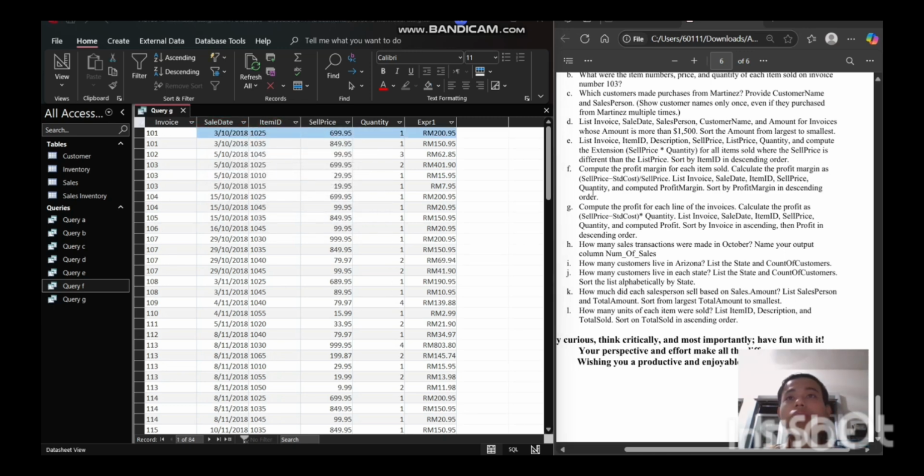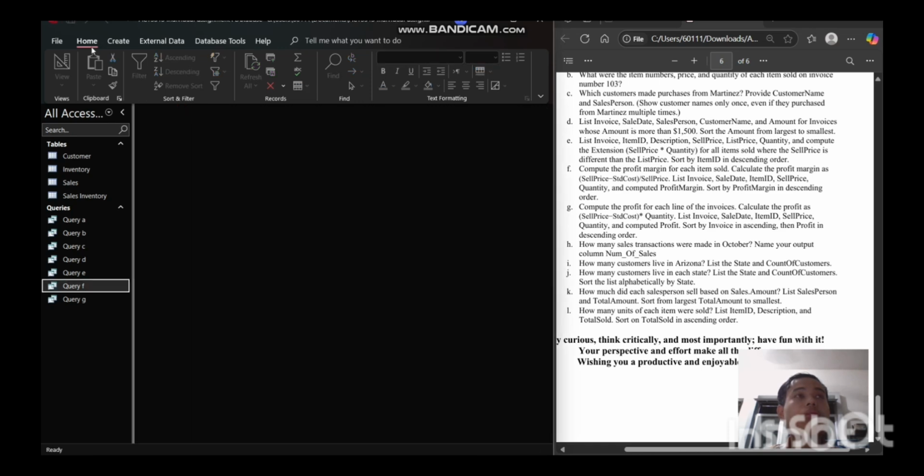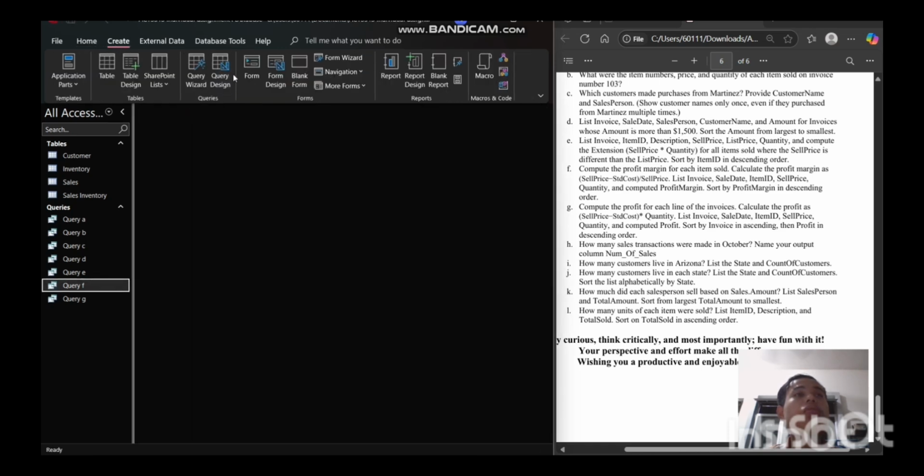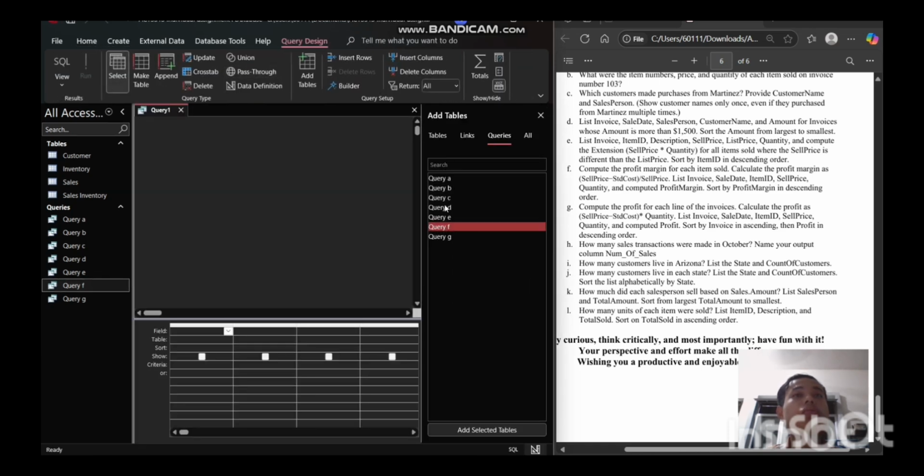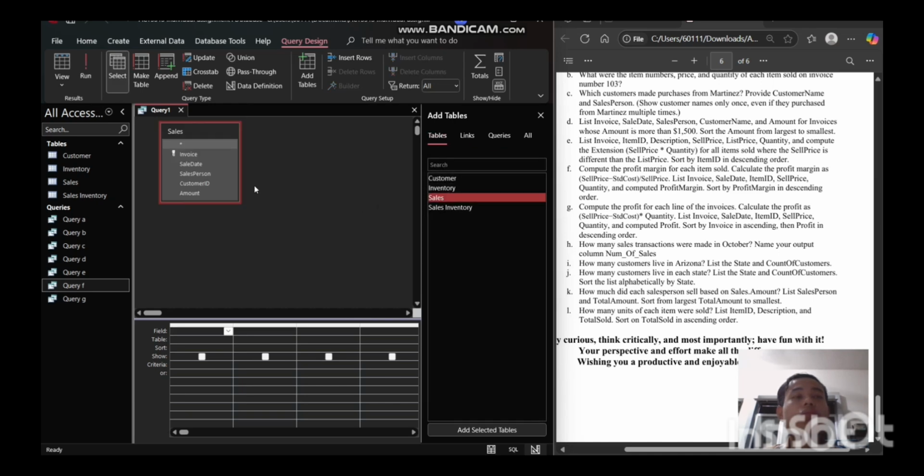For question H, how many sales transactions were made in October? Name your output column number of sales. Click create, query design, add sales tables, and type in the blank field number of sales,